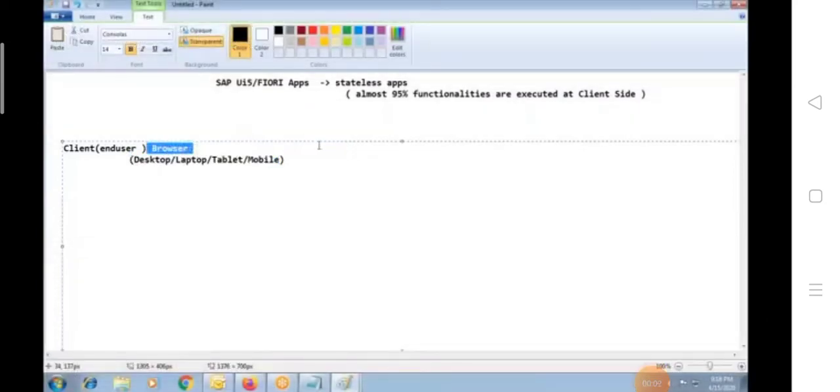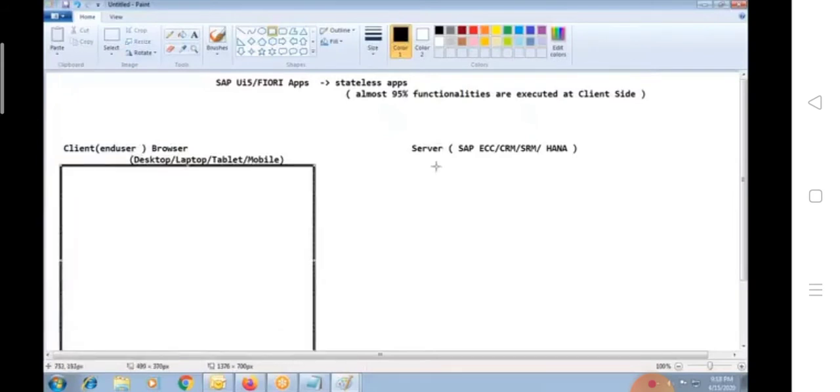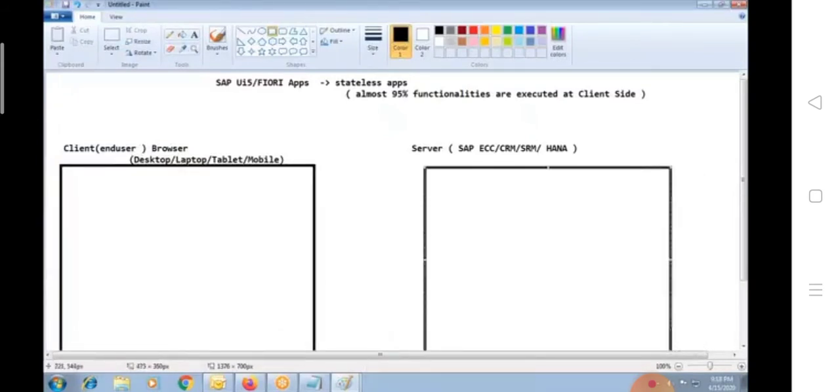Browser-based applications here ultimately interact with the server, like ECC, CRM, SRM, or even a HANA server. So the server can be anything in this case. And technically, there will be request and response between client and server.